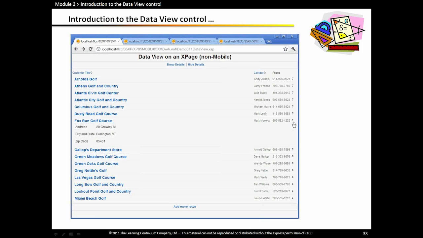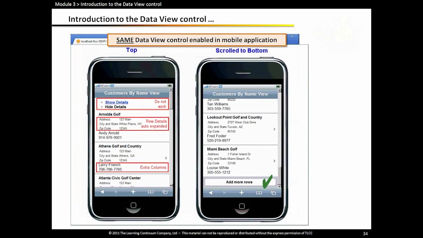Things like the expand collapse icon to expand a row to show some additional row details, or the show details and hide details. This will not work in a mobile application. Add more rows, that will work. We saw that a moment ago. Another thing that doesn't work well is that any additional columns in a data view, you define one summary column, and then you can define extra columns. Okay, so 2 extra columns were added to this data view. The problem with that in a mobile application, and that's what we're seeing on this screen here, this is the